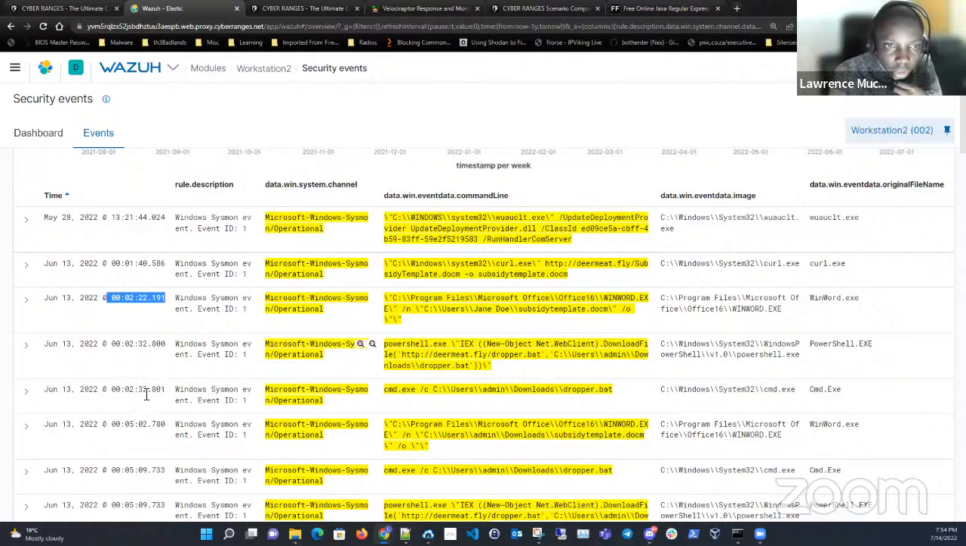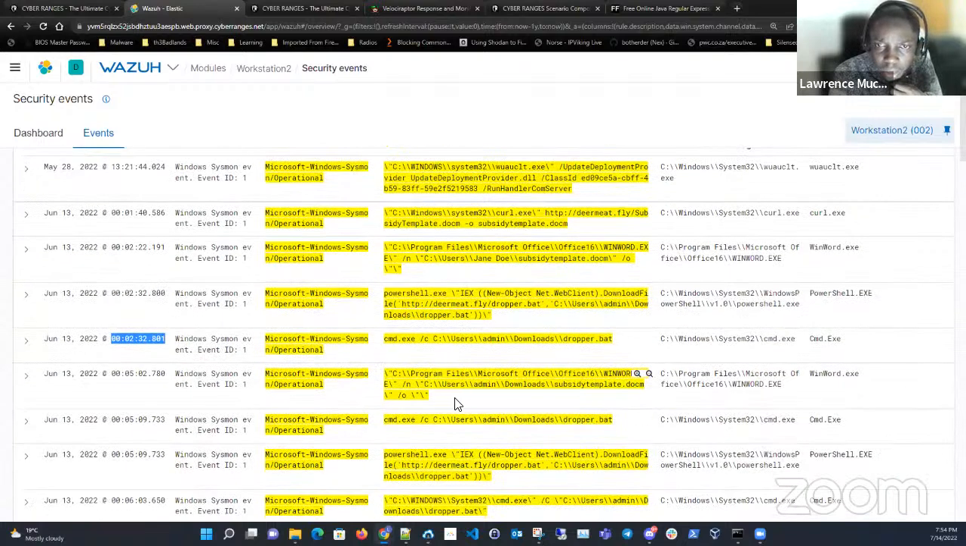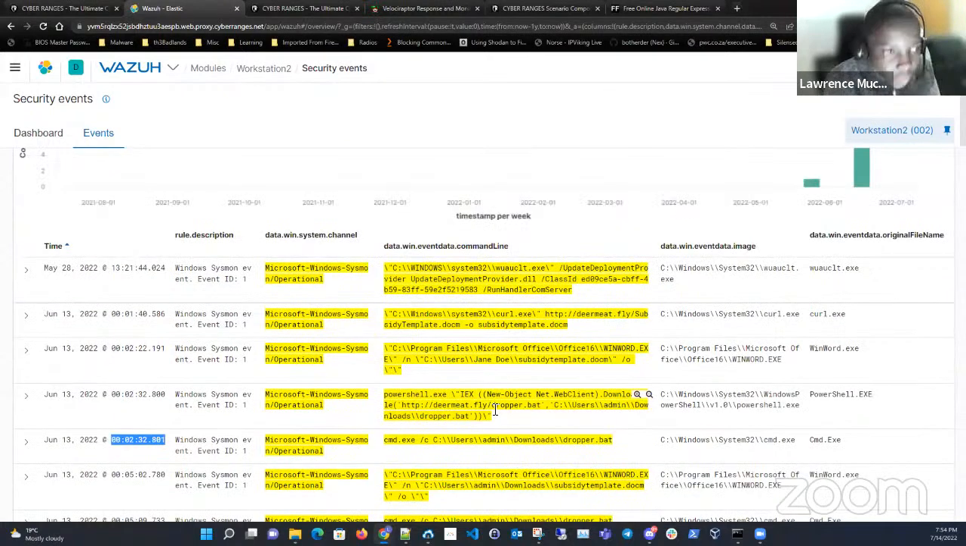After PowerShell, still the same duration, we have CMD being executed on a dropper. Then 3 minutes later, we now see admin executing the same thing. Interesting. Now, at this point, in the interest of time, we have a logical flow of what might have happened. Definitely,